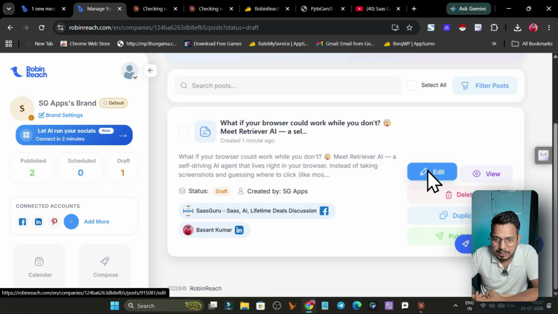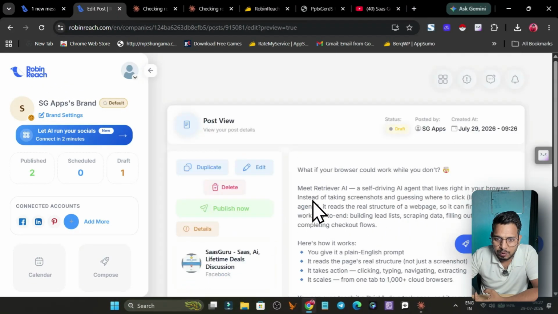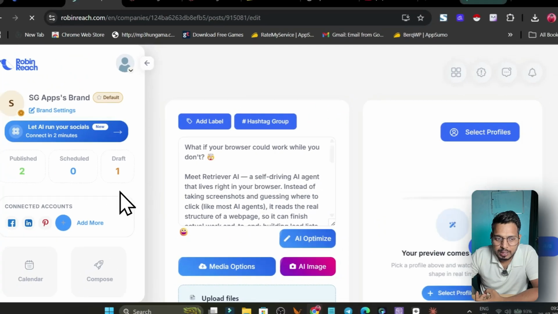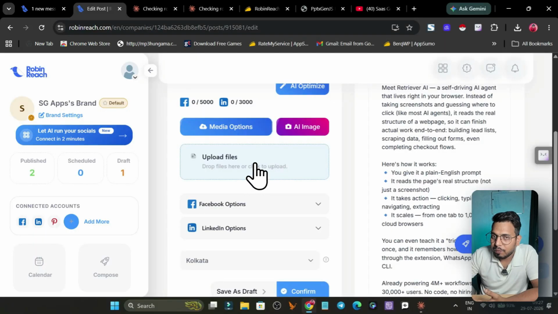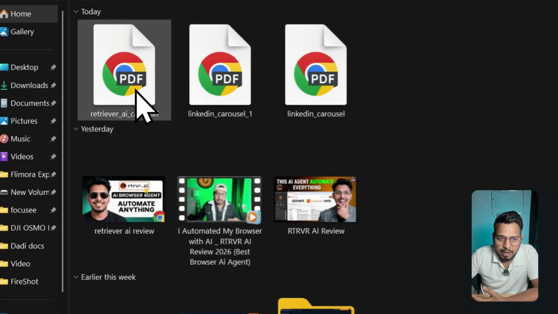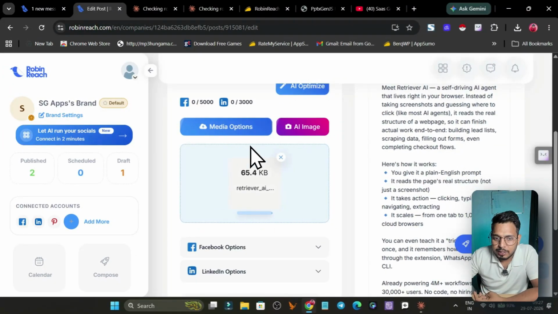So right now this is as the text. I want to view how this looks like. So this is how it looks like. Okay, so right now what I can do, I can also go to edit, and I want to just add my carousels. How can I do that? Simply upload files, and here you will find the carousels PDF that you have just recently generated using the